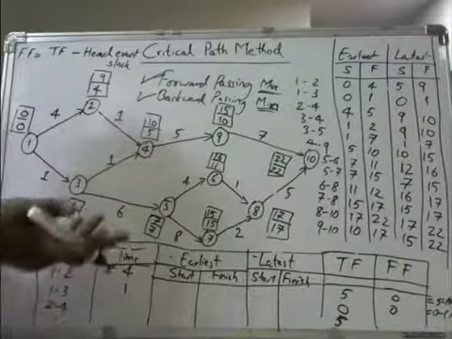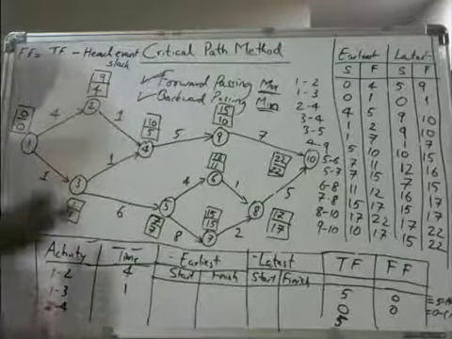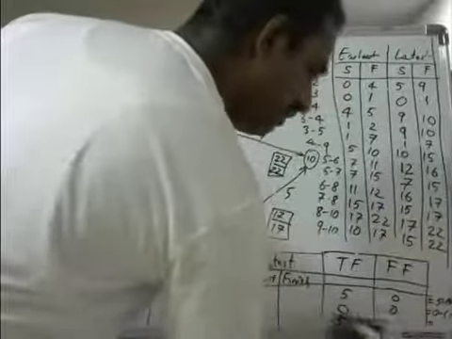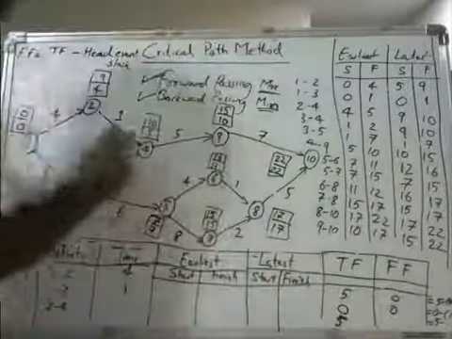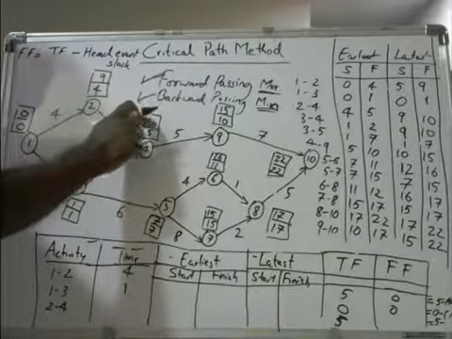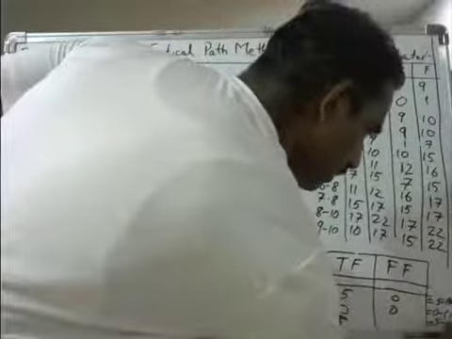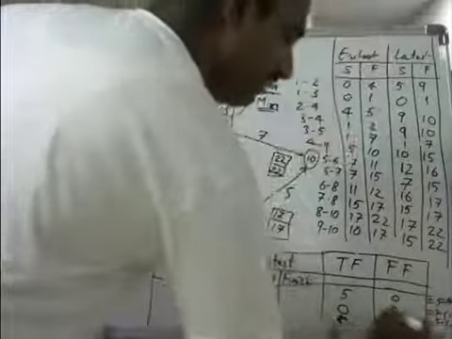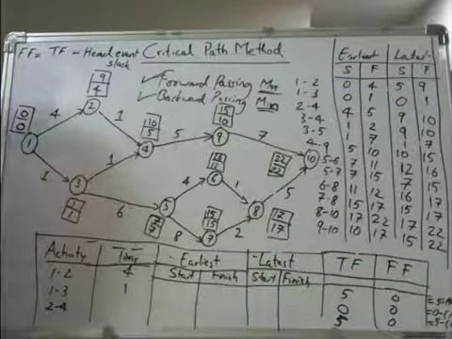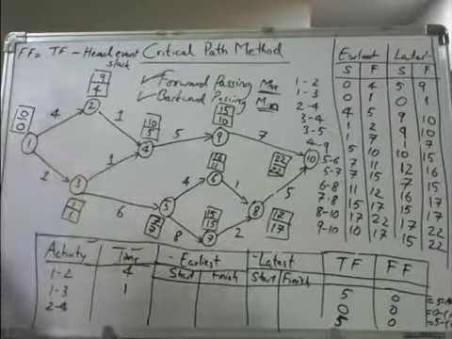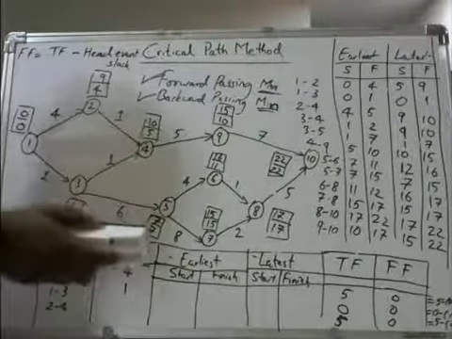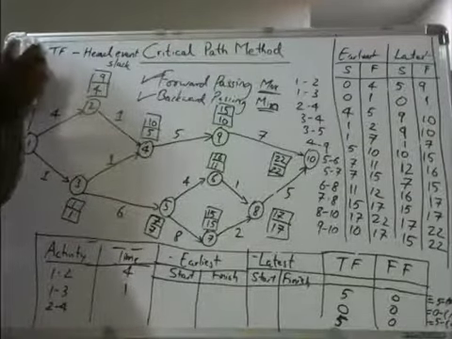For the third free float, 2 to 4. The total float is 5, minus the head event slack at the ending event 4, which is 10 minus 5. 10 minus 5 is 5, and 5 minus 5 is 0. So like this you will get the free float, and this is how we will solve the problem. However, for this particular problem, I will write the entire total float and free float for your convenience. So I will take this entire thing off.